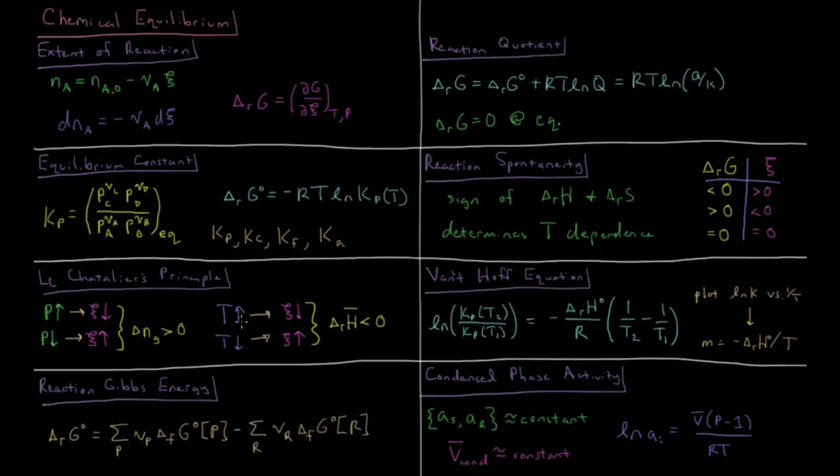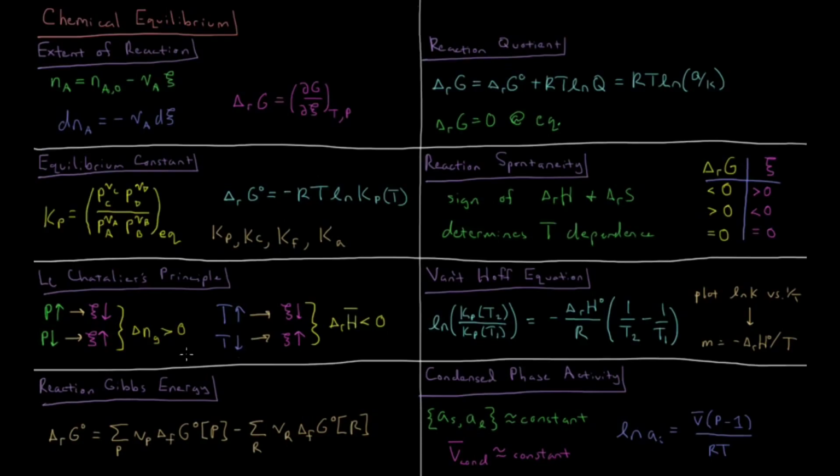And then in later videos, we show also that if the temperature goes up, then the extent of reaction will go down if you have an exothermic reaction. So temperature going up responds by the system absorbing some heat by going backwards. And if the temperature goes down, then the reaction will go forward and it will generate some heat by releasing it to the surroundings. And this behavior would be reversed if we had an endothermic reaction rather than an exothermic